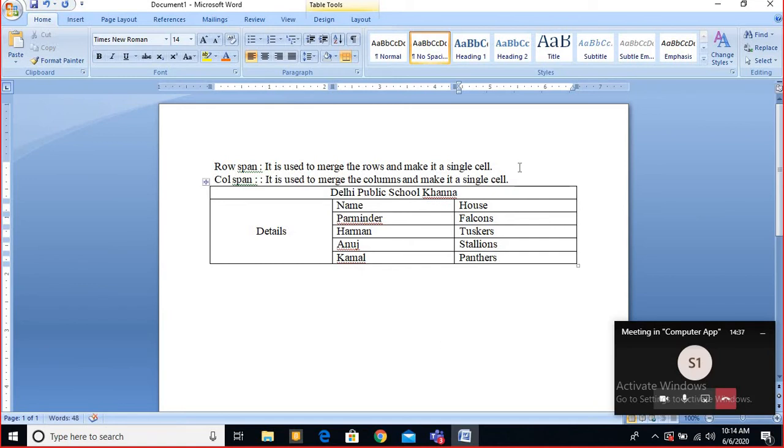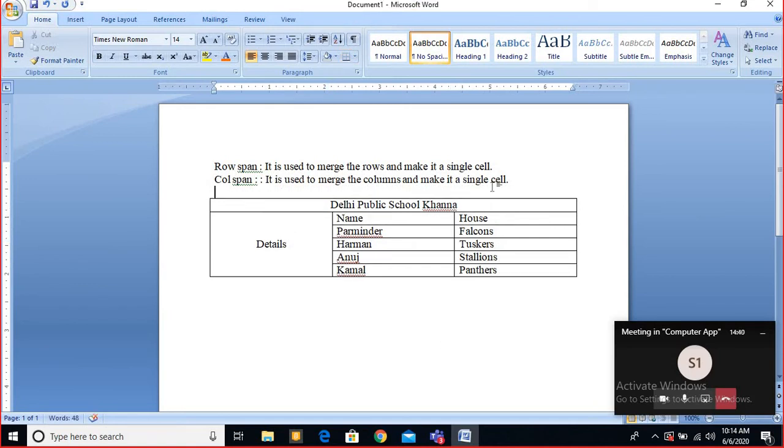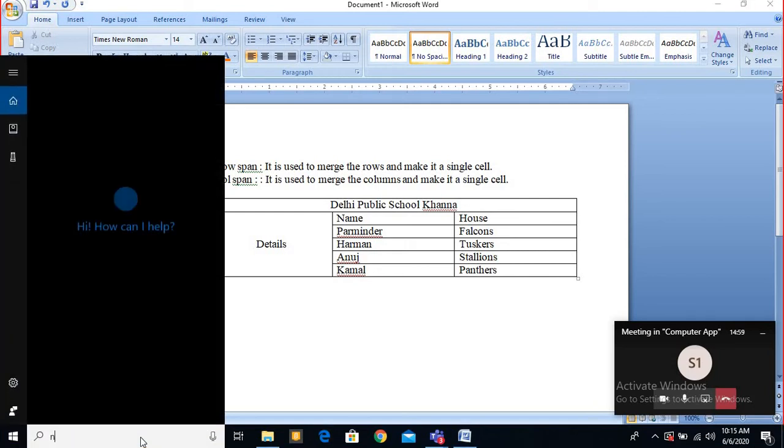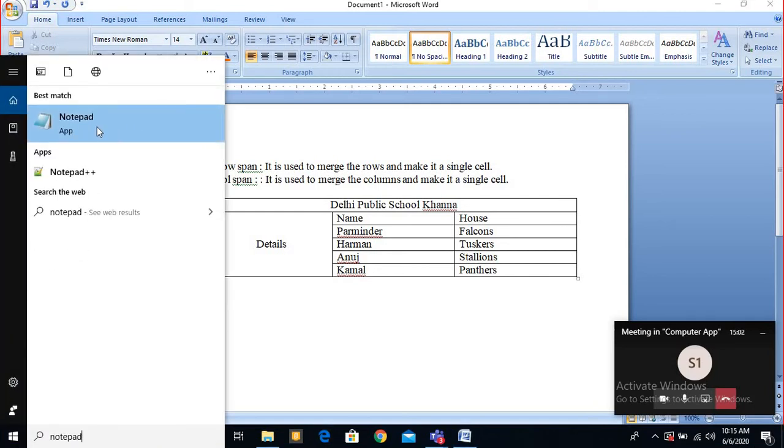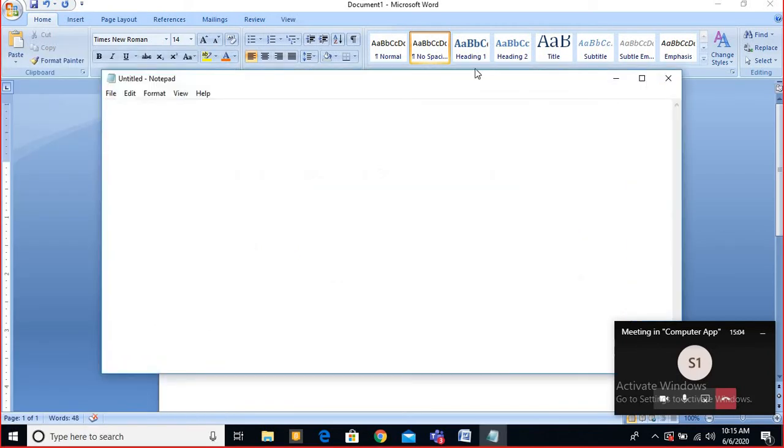So now you see sometimes a table is given to you like that. So you have to recognize that this table I have to create in HTML, but how? You have to see that column span and row span will be used here. Then how? So let me start this. I want to show you this as a practical so that you can understand. So I have opened the notepad here. Then first is the same one, HTML.